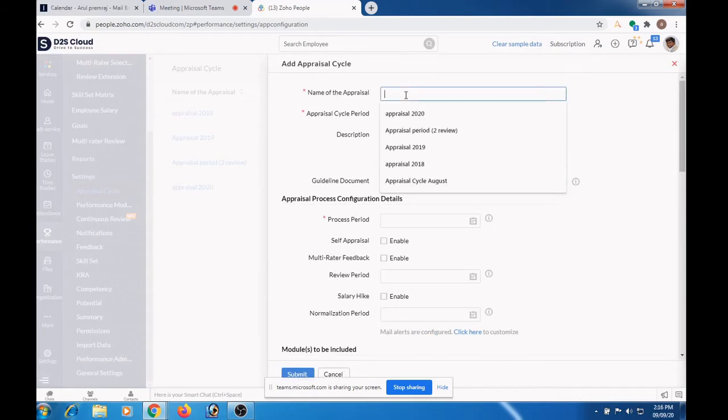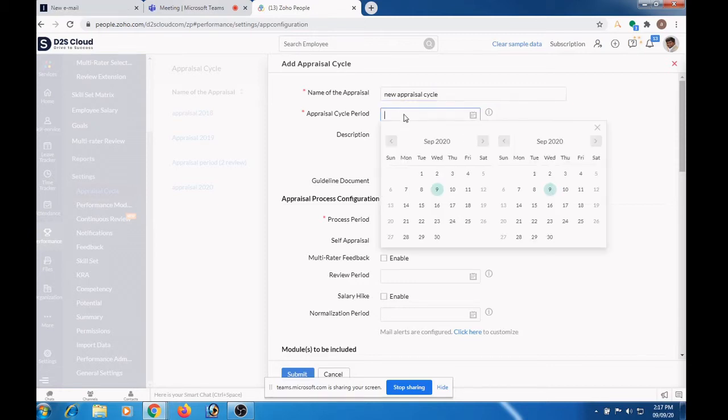Here you can type the name of the appraisal cycle. Here you can mention the appraisal cycle period. The appraisal cycle period may be 3 months or 6 months or 1 year.